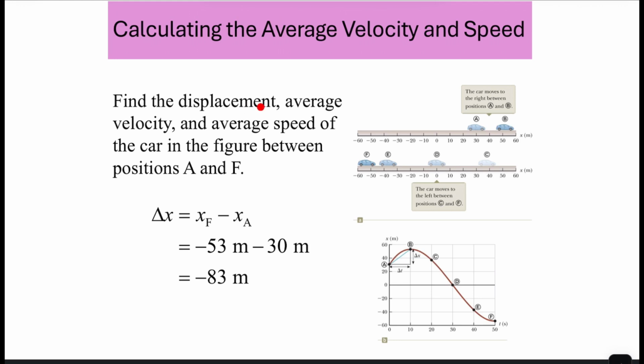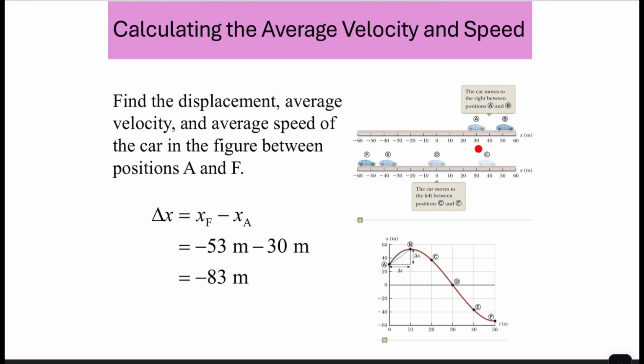So we need to know the displacement, the average velocity as we calculated just now, and now we go for the average speed of the car, let's say from point A until point F. In terms of displacement, we are going to calculate x final, xf, minus x initial, which is at point A. If we refer to either the motion diagram, pictorial, or the graph, we see at position A,